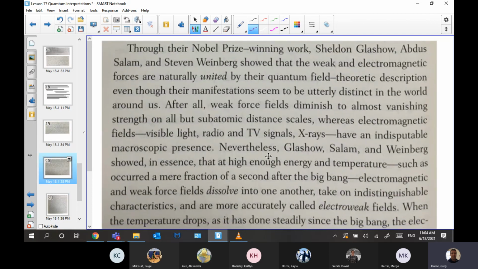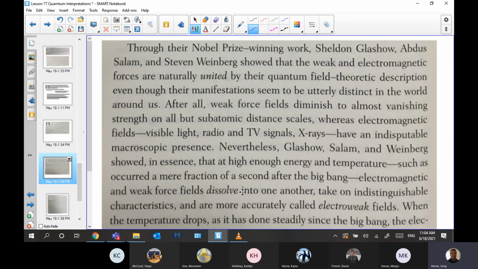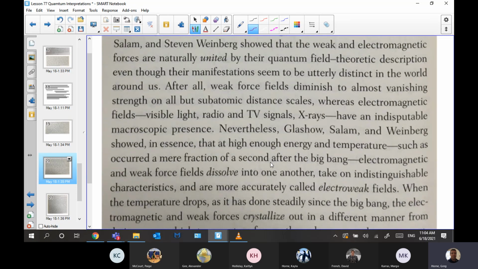Through their Nobel Prize winning work, Sheldon Glashow, Abdus Salam, and Steven Weinberg showed that the weak and electromagnetic forces are naturally united by their quantum field theoretical description, even though their manifestations seem to be utterly distinct in the world around us. After all, the weak force field diminishes to almost nothing on all but subatomic scales. It's a force that exists within the nucleus, whereas the electromagnetic fields, visible light, radio waves, and so on, have an indisputable macroscopic presence. They have infinite field distance